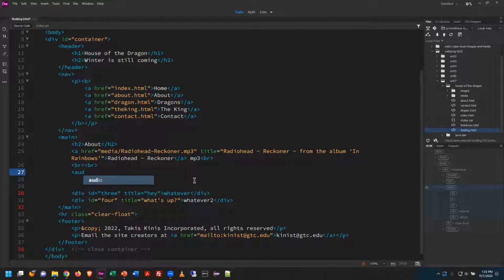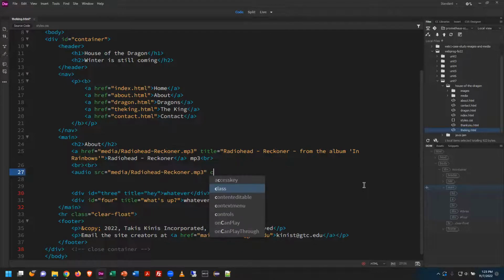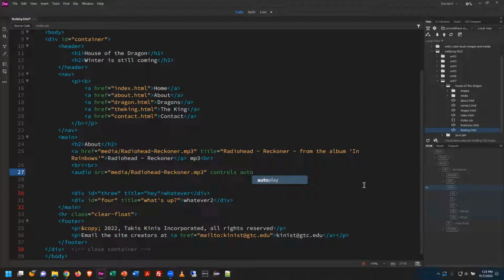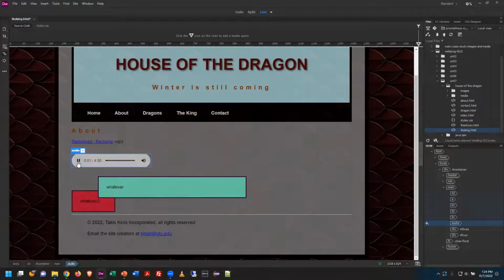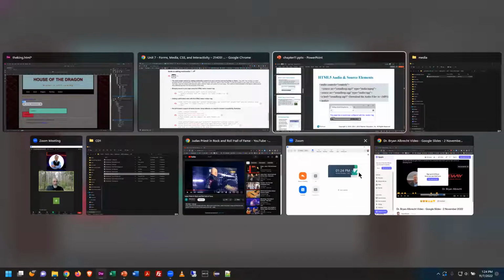Spell it right though. So audio, and then we have our src, which is the source file that we're using. I am going to use the same song since I have it handy. And then the two example things they did were controls and then autoplay. You notice these are attributes where I don't have to put an equal sign or anything. You just list them. What's happening with autoplay? If I have the browser back,